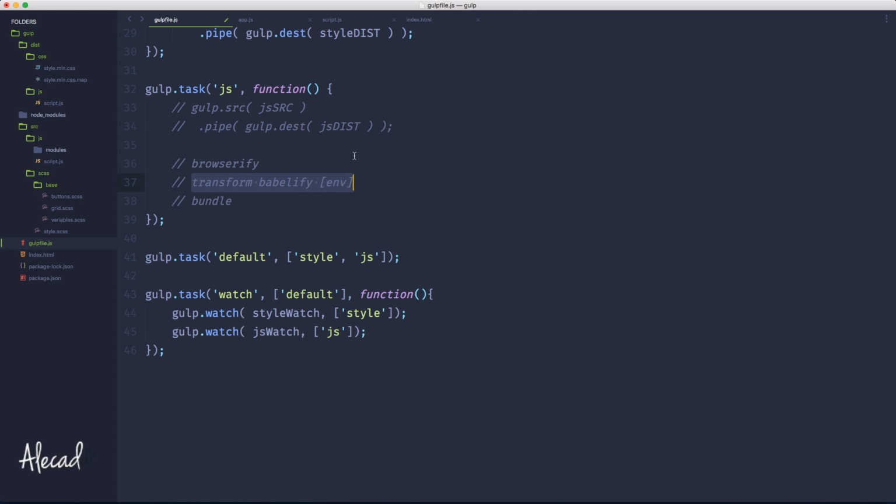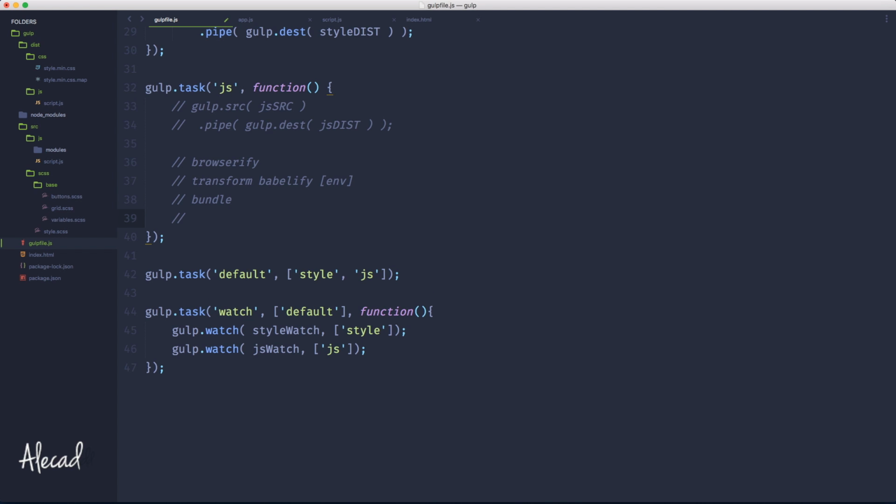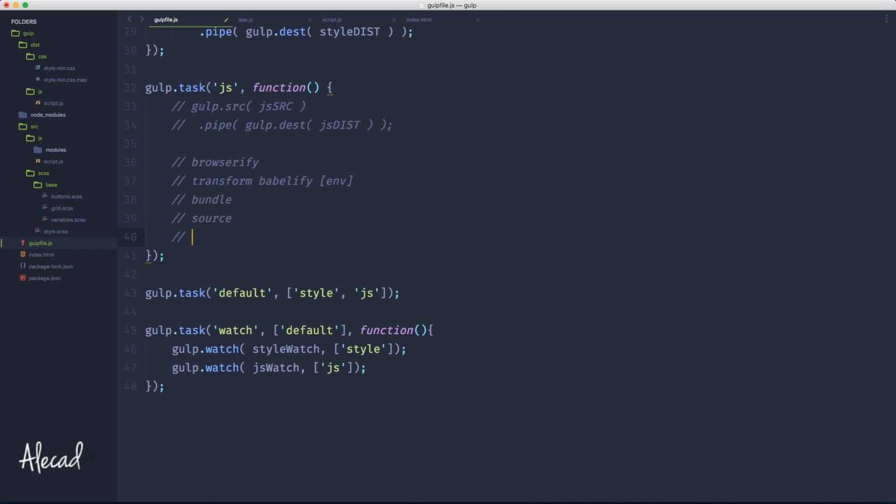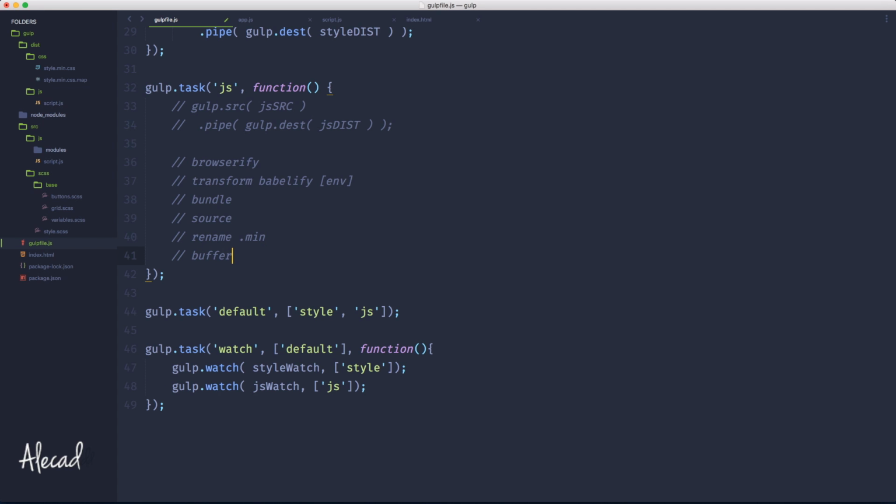We transformed all the declarations, we Babelify to a more readable vanilla JavaScript. Now we need to bundle everything inside one single file. We can tap the source of every single file that we're checking and dealing with. We can rename it with the extension of .min because we want to compile and minify this file too. Then we can buffer this file, and the buffer is really important because after all this stuff, if we want